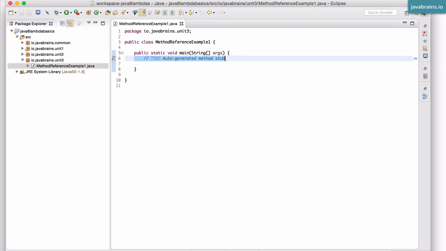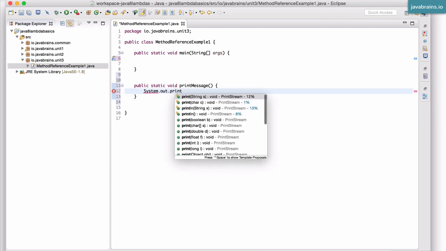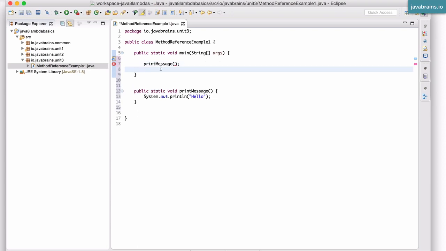So I'm going to create something similar, and I'm going to show you how you can use method references to make the syntax even shorter. So let's say I have a public static void printMessage. This is basically a static method inside the MethodReferenceExample1 class, and this is going to do a System.out.println of hello. And now I can execute this by just calling printMessage, and this will obviously print hello